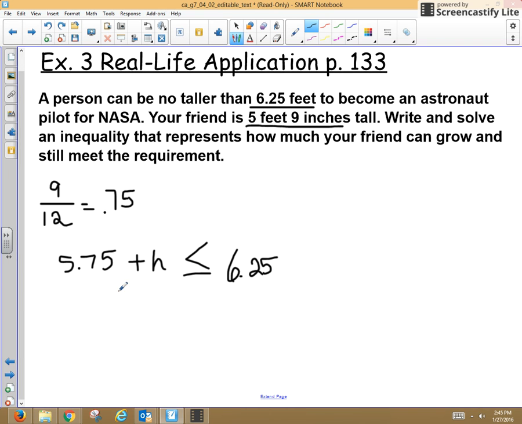Now, in order to find the height, we have to solve. So I will subtract 5.75 from both sides of the inequality to isolate my variable h. This will cancel out, and I get h is less than or equal to... When I subtract, I get 0.50, and this is feet. So that means my friend can grow half